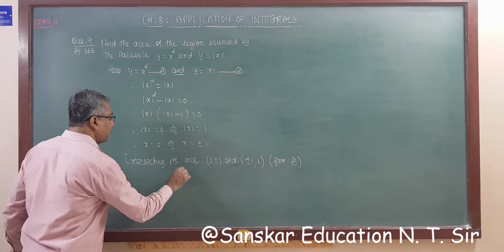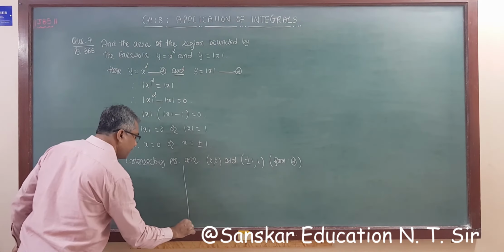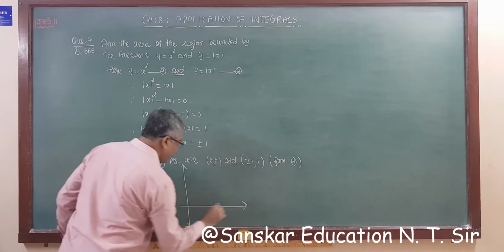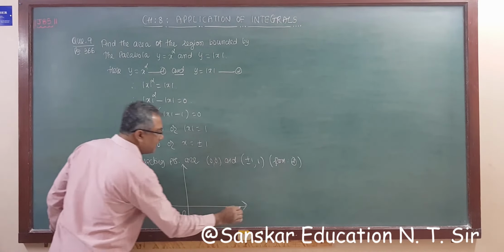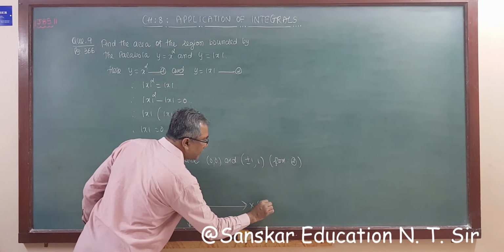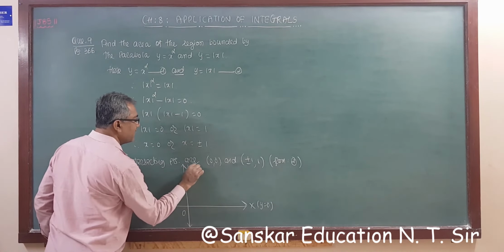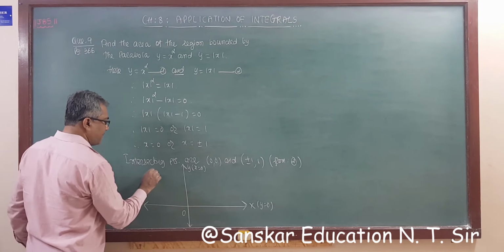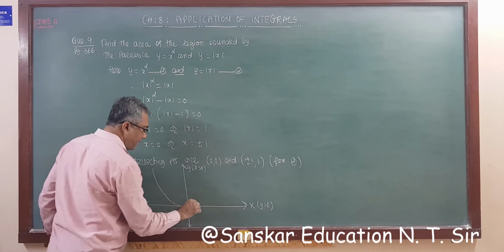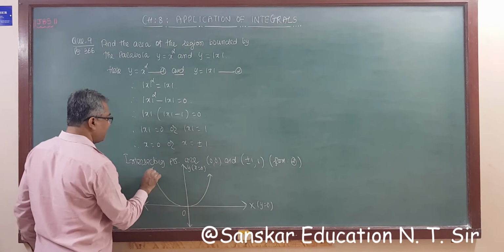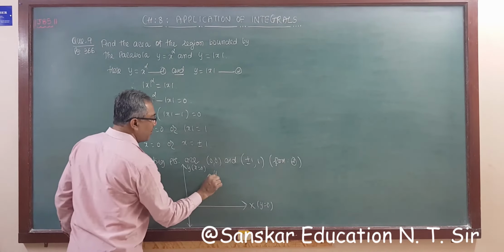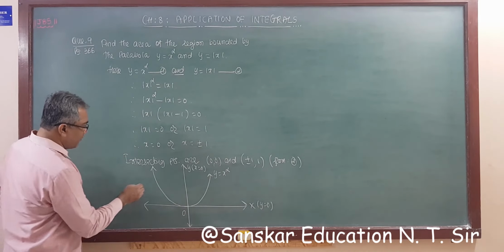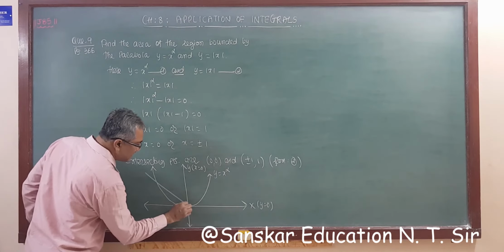If we draw a graph, see what happened here. This is the origin, this is the x-axis, equation y equal to 0. This is the y-axis, equation x is equal to 0. Right? And now this is a parabola, y is equal to x square, and it is symmetric about the y-axis, that you know. Now the graph of y is equal to mod x is this.